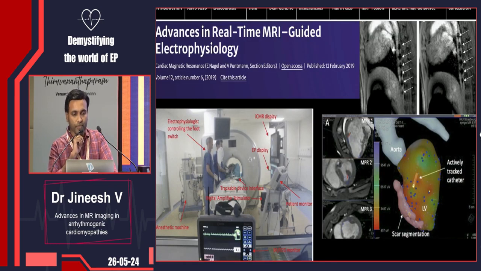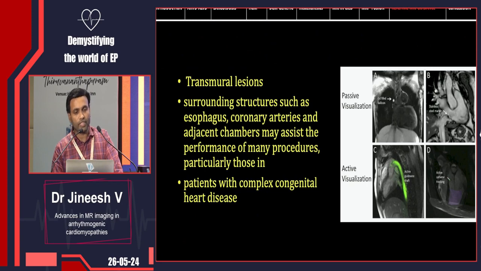The latest tool in the kit is advanced real-time MR-guided electrophysiology, where there is no need for an EP lab; the EP lab is the MR. So in the MR itself, we can do guidance. The catheter tip will be gadolinium based. So you can push the gadolinium tip catheter in the MR, and there is no need for fluoroscopy. You can do the pre-contrast MRI, do the access, and do the tracking of the catheter under MR guidance. This is the catheter tracking, and you can ablate the lesion and do the post-contrast imaging at that time itself, and look for the response. So it's especially useful for transmural lesions and patients with complex congenital heart disease, where the anatomy